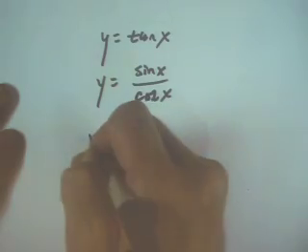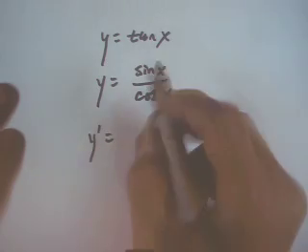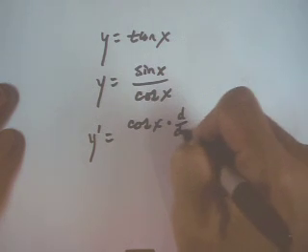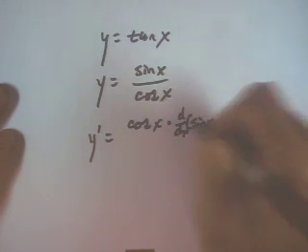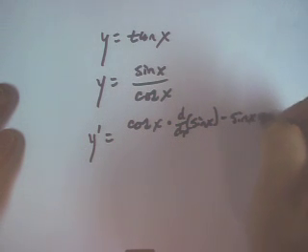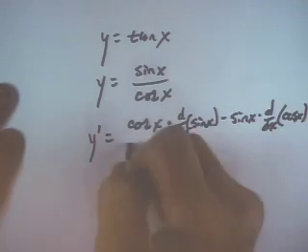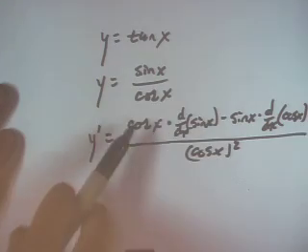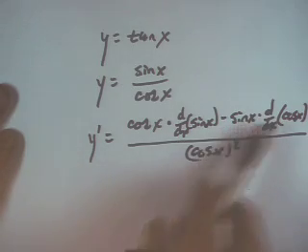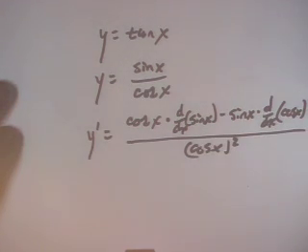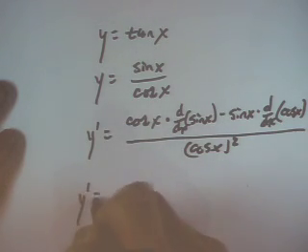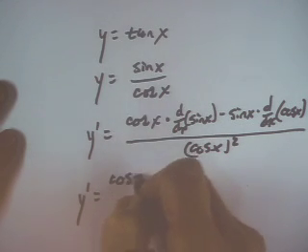So differentiating that using the quotient rule, we get cosine of x times the derivative of sine of x, minus sine of x times the derivative of cosine of x, all over the square of cosine of x. It's the low d high minus high d low all over the square of what's below. There's the quotient rule. Now, differentiating sine and cosine in the appropriate places there, we have cosine of x times